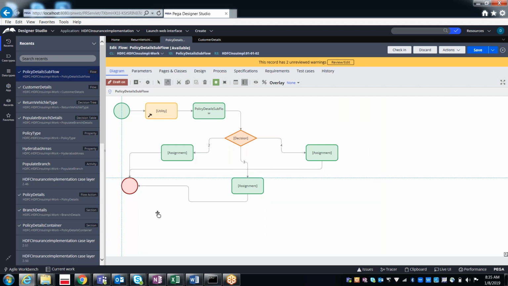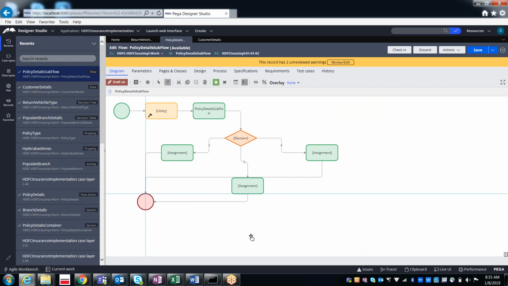So the flow action's purpose is mainly moving from one assignment to another assignment, so that the flow goes further. Now, we have various types of flow actions.